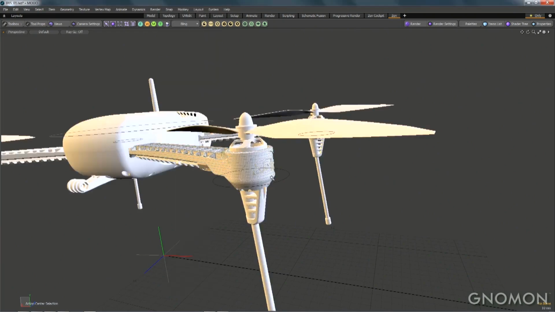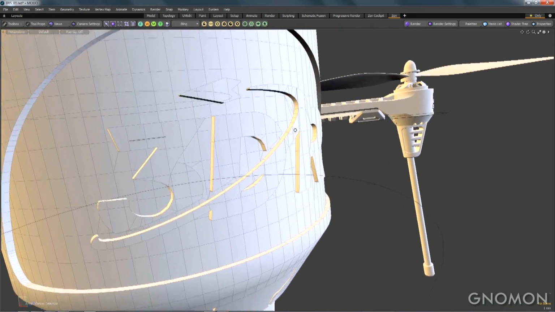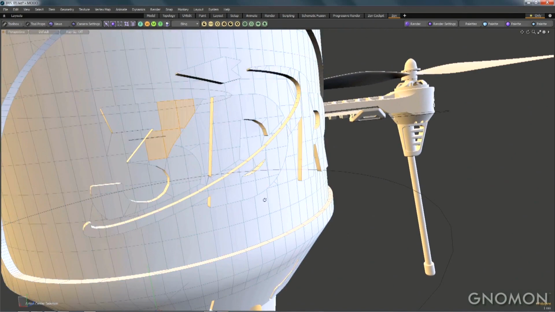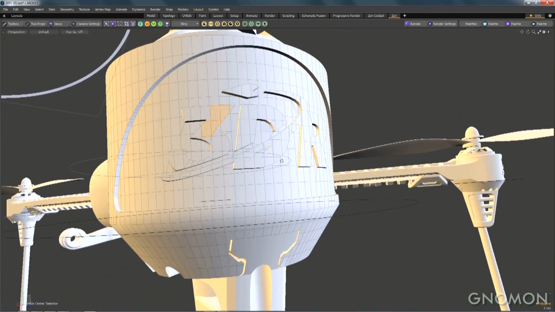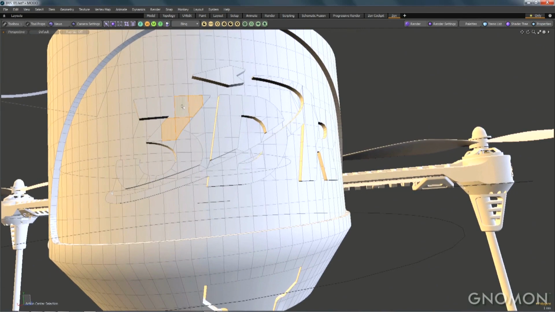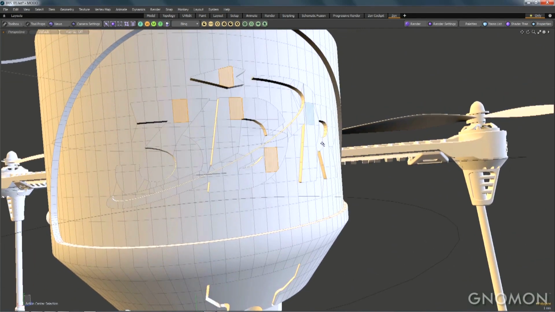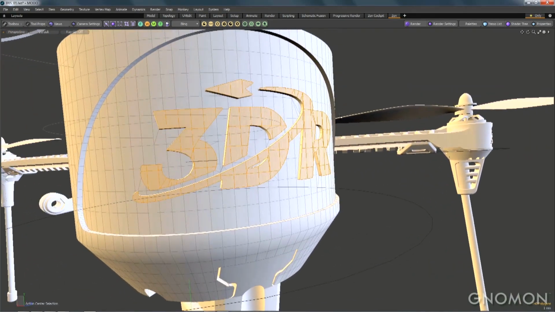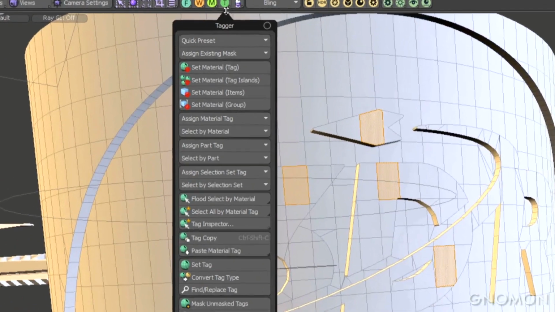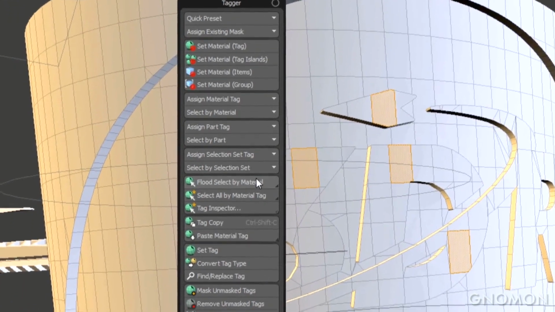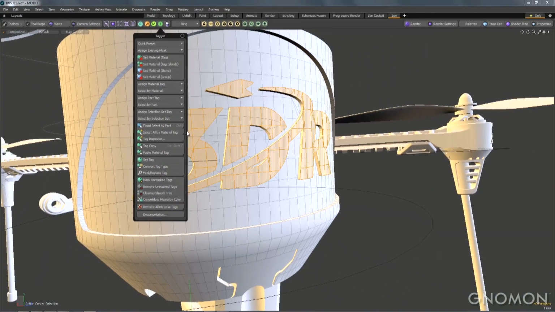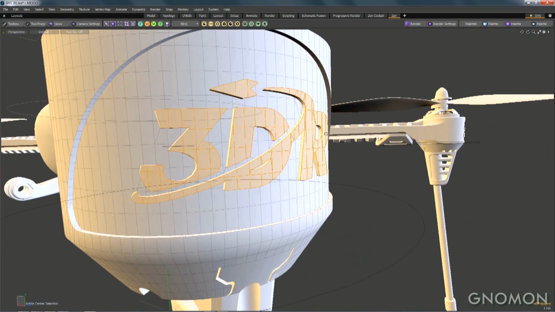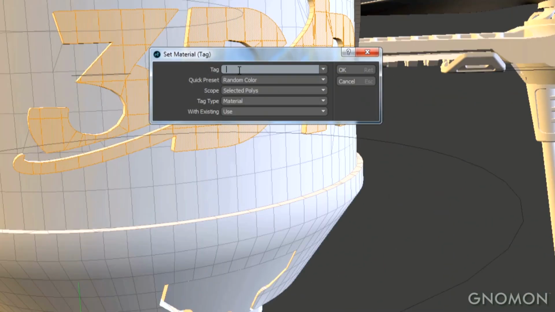Now, when you import CAD geometry, the polygons are a mess, right? You've got a zillion of them. How are we going to select this logo? Well, when you do a CAD import in Modo, a lot of people don't know that the actual CAD faces are stored within the Modo polys as polygon tags. So I can actually just select the individual polygons and use a plugin called Tagger. We have a tool built into Tagger called Flood Select by Part, and that's mapped to Control right square bracket by default, so you can really quickly grab that logo.